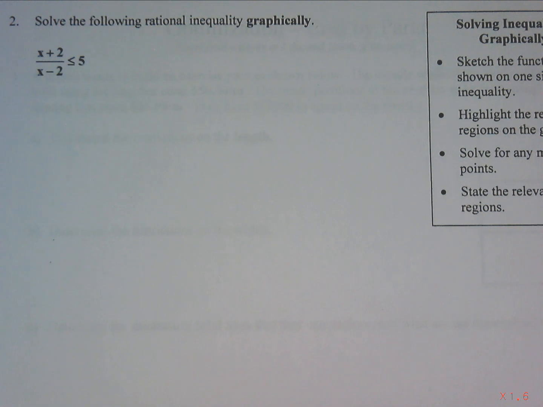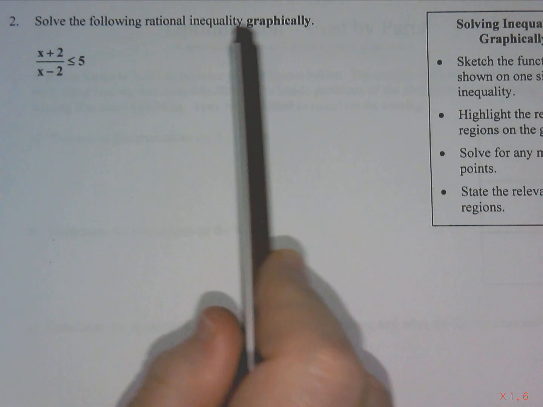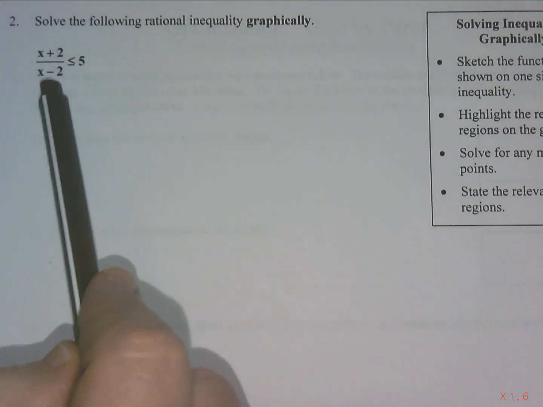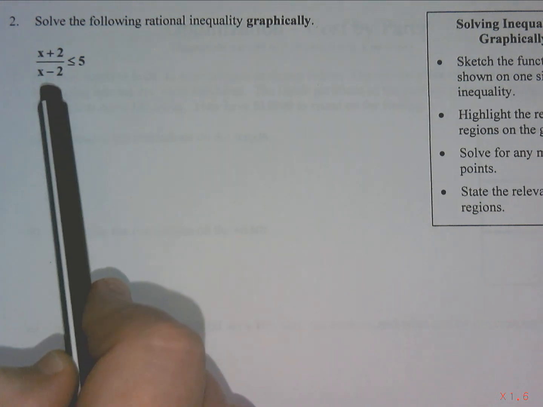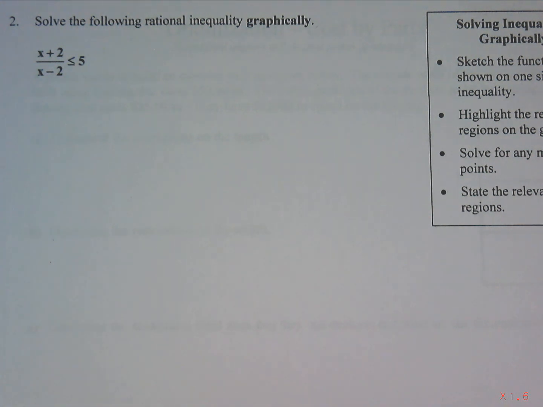This is our second part of our video on rational and polynomial inequalities. In this question, it says solve the following rational inequality graphically. And it gives us the inequality (x plus 2) divided by (x minus 2) is less than or equal to 5. So there are a lot of different ways of doing this, but we are going to try to do